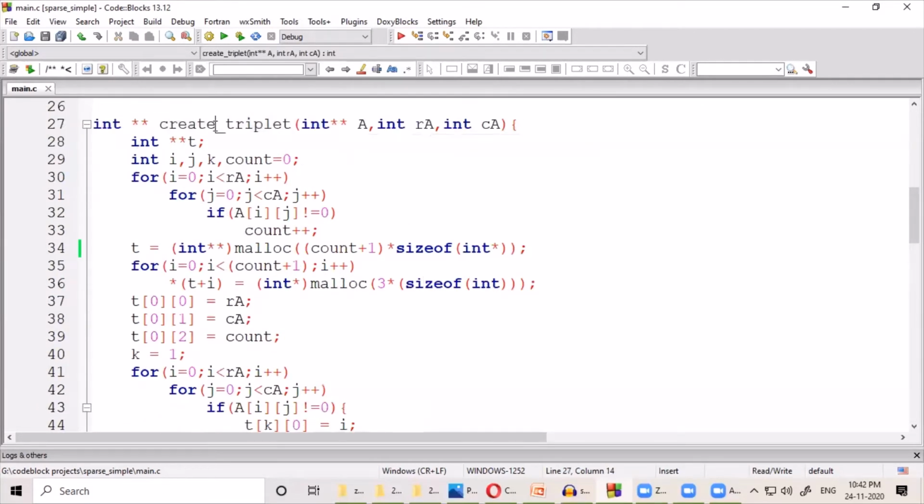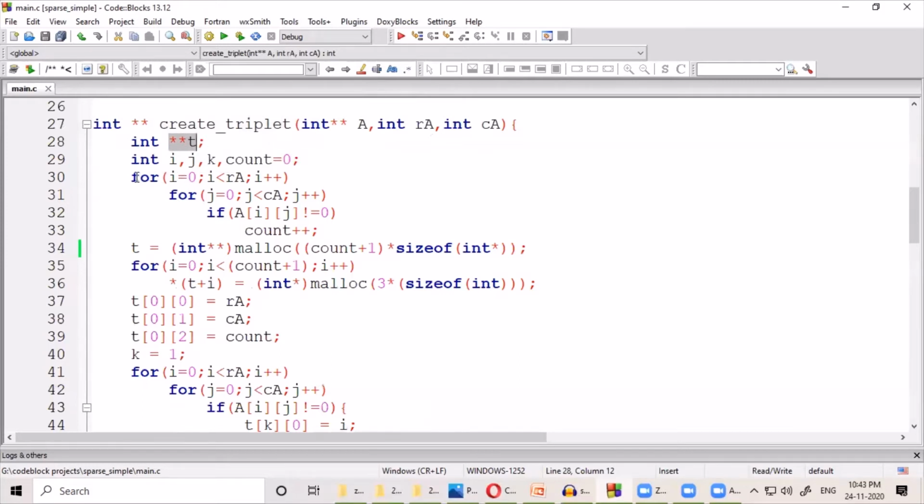Moving over to the body of the function create triplet. Now coming to the triplet function, here we have to first count the number of non-zero elements in the original matrix. And using that particular information, we have to create the array that will be holding the triplet. So let's declare the pointer to integer t, which is going to hold the triplet information.